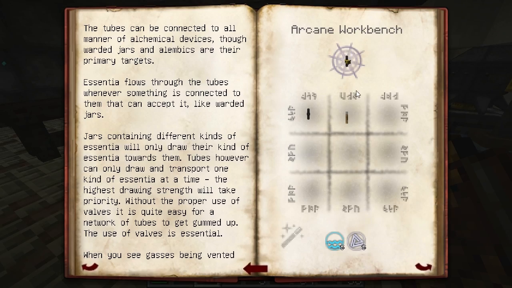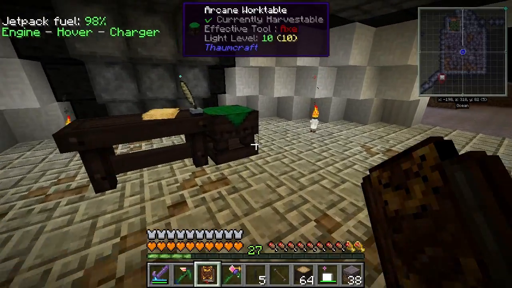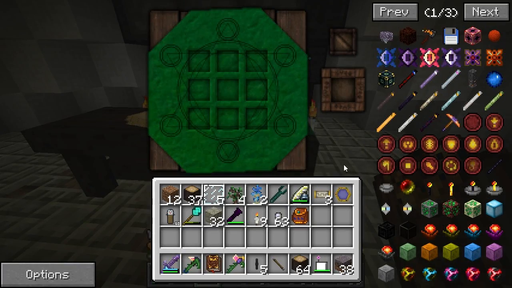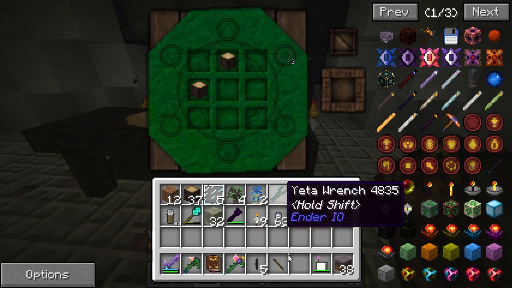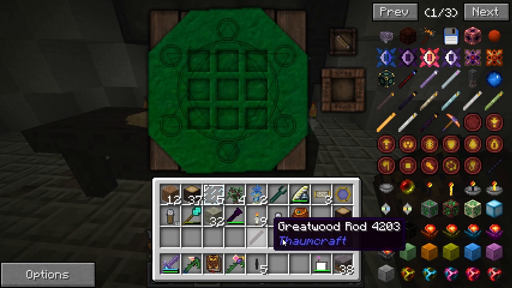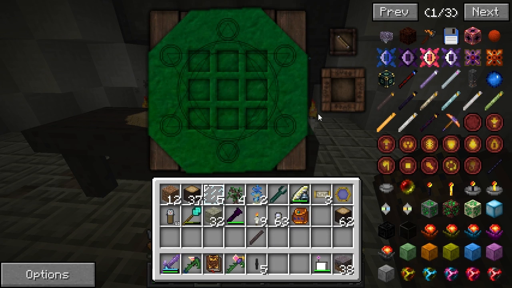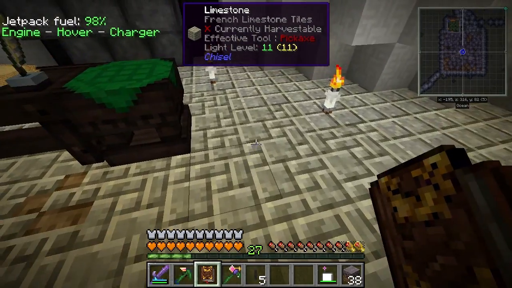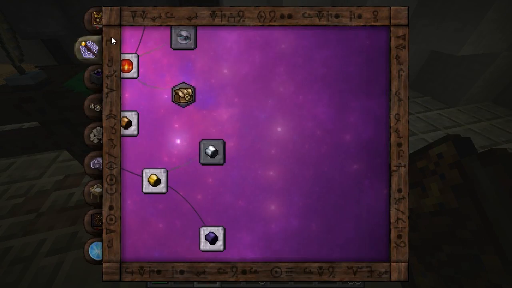So what I want to do is make, first of all, a wand and wand cap. So let's take our two greatwood logs. And I need my other wand here. And that'll make a greatwood rod, which we can use for our greatwood wand. And then we need to make wand caps, which, if we look here in Thaumaturgy,